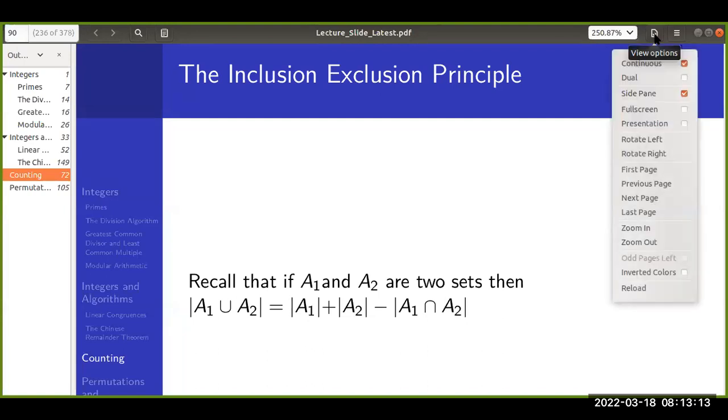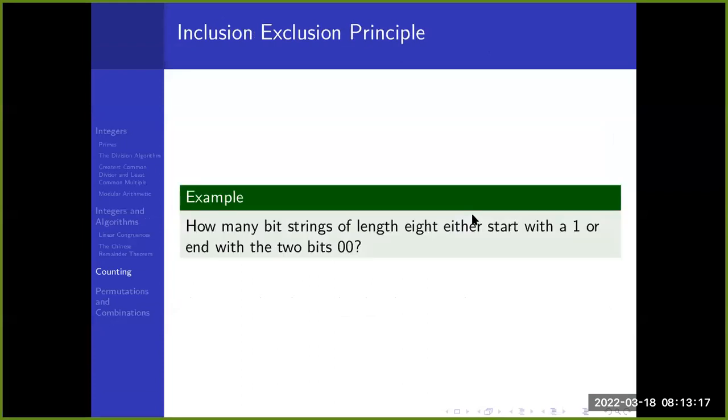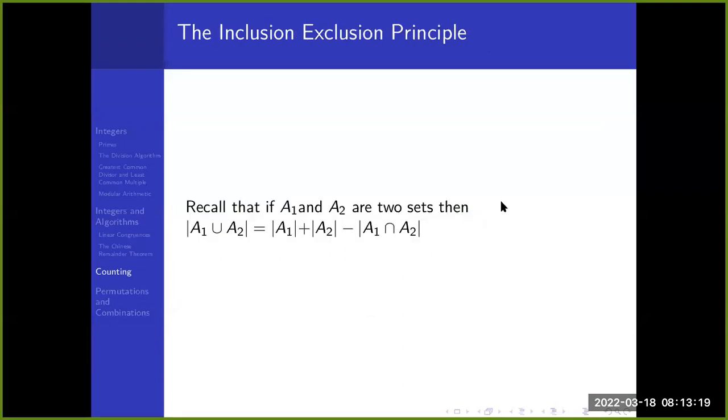Okay, so this is where we stopped last time. We went through the inclusion-exclusion principle. If you want the union of two finite sets, use